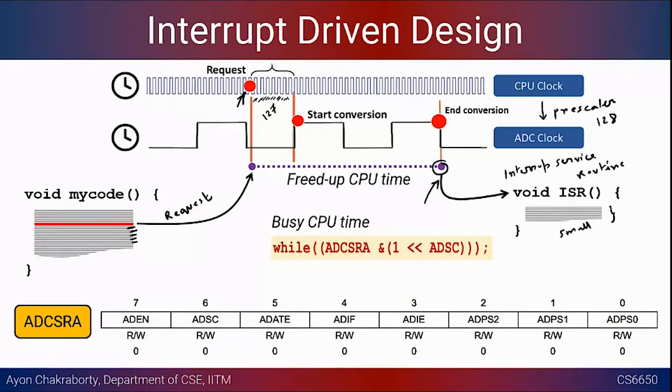You want to keep the interrupt service routine as small as possible, because if you keep the interrupt service routine long, there could be other interrupts that could come in, and we might miss that. Right? We don't want to spend too many CPU clock cycles inside the interrupt service routine. Right? So that is something that is well understood even if you take something in OS or any other microprocessor course, right? That has nothing specific to do with the ADC, right? Any interrupt service routine that you write, don't write the code in a large way, right? You want to make that code small.